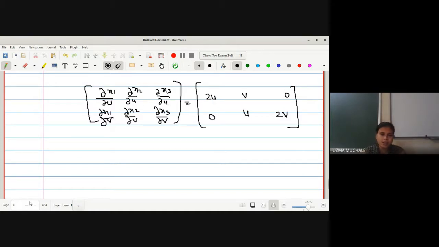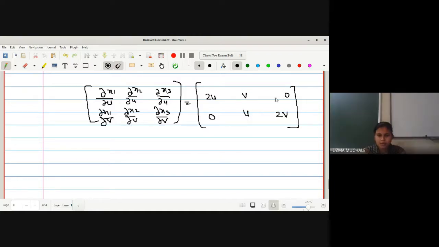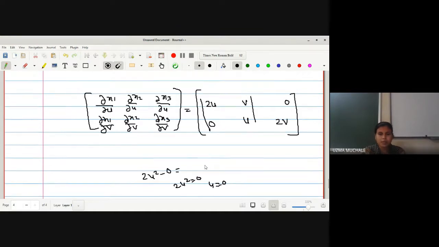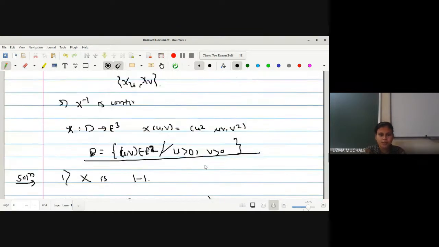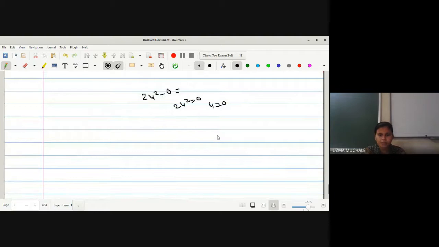Rank कसं चेक करणार? आता डेफिनेशन बघितलेत. Yes, ma'am. So in rank of any 2 cross 2, suppose I have taken these two. Okay, so what will be the result? 2u square minus 0. आता 2u square हे 0 कधी होणार आहे? When u equal to 0 ना. But given that u and v are strictly greater than 0 in our definition itself, u and v both are greater than 0. दिलेत ना डोमेन मध्ये.